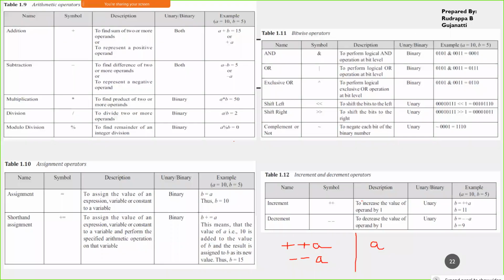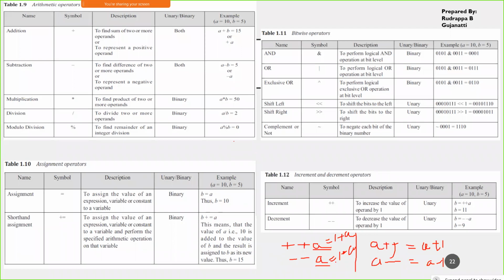So we were discussing the increment and decrement operators, which are unary operators. We can write this operator either before the variable, as shown here, or you can write it even after the variable. So this is equal to writing ++a, and this is also --a. When we write it after, a++ is also incrementing a by 1, and if I write it as a--, this is like decrementing a by 1.